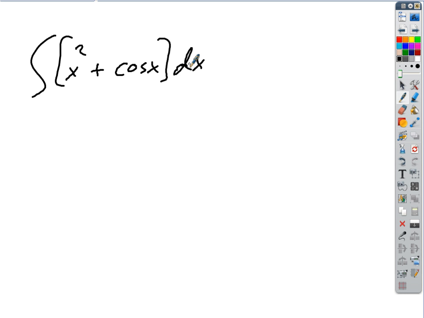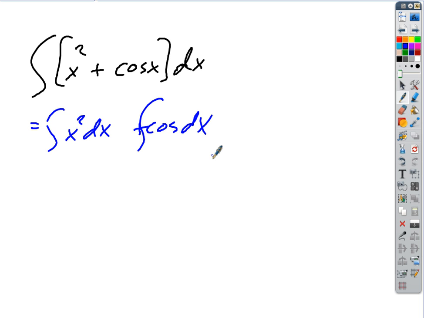Just break it up. Whether I do this explicitly is up to you. You can just do this part internally, but technically, at least in your mind, you're breaking this up into that integral or antiderivative plus that one. But you probably could just do it all at once. So what's the first part? x to the third over 3. Okay, so the first one is going to give us x cubed over 3 plus